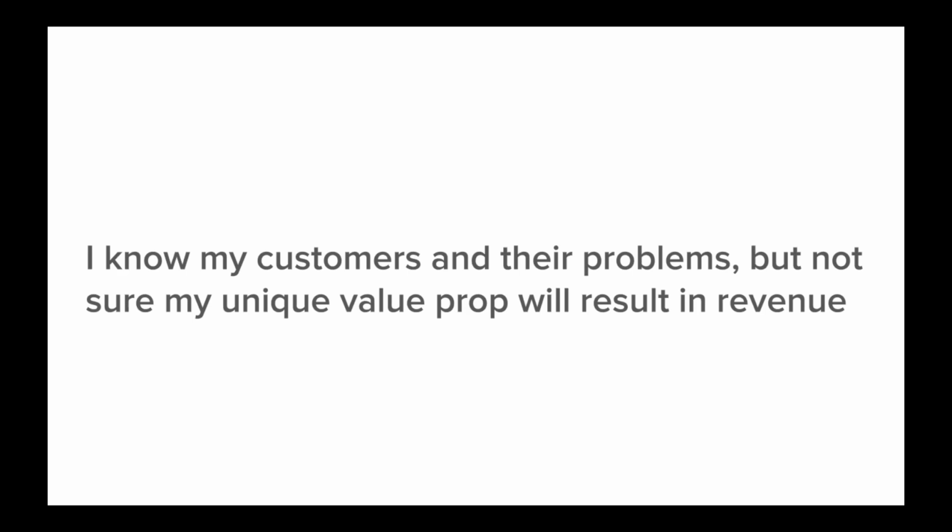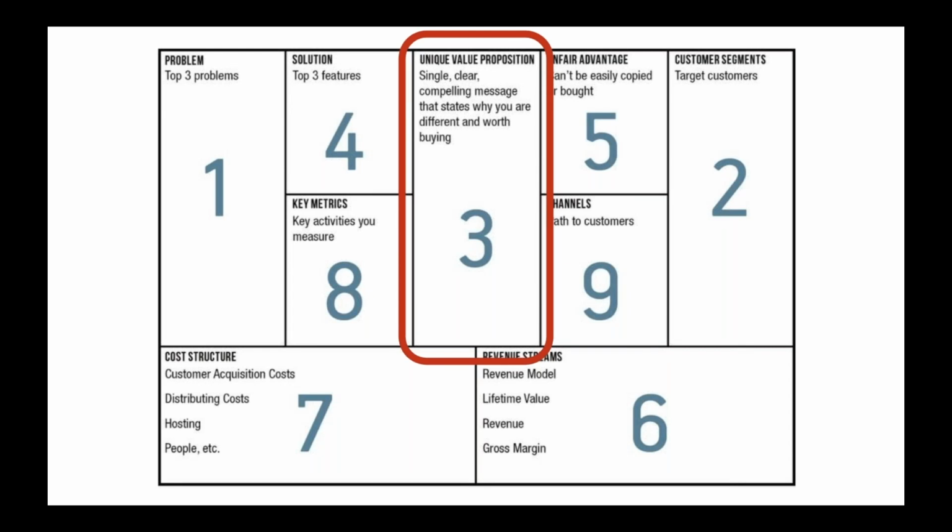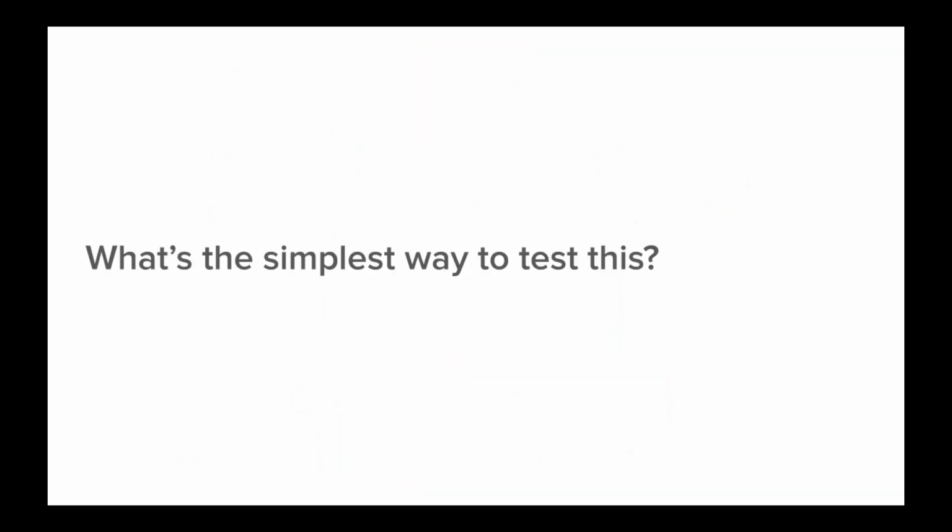And so here we have to, as we focus in on unique value prop, but more specifically the revenue stream, what's the simplest way to test whether there's a revenue stream given my unique value prop? Simplest way to figure out whether my idea is feasible and whether I can generate revenue off of it. And again,